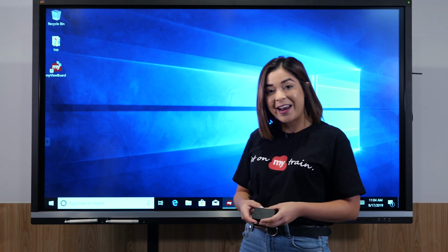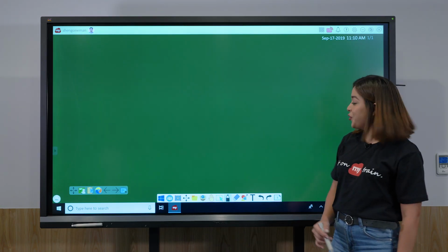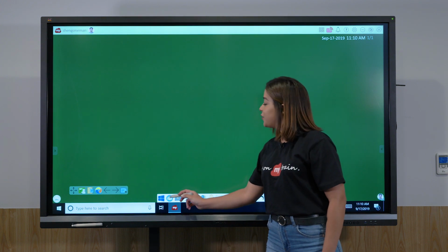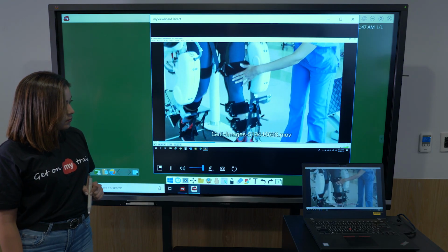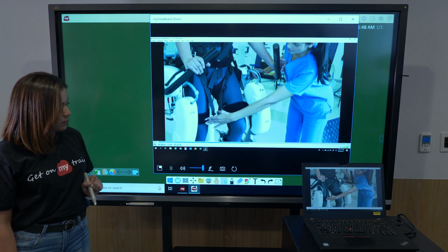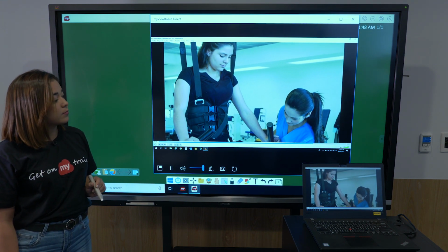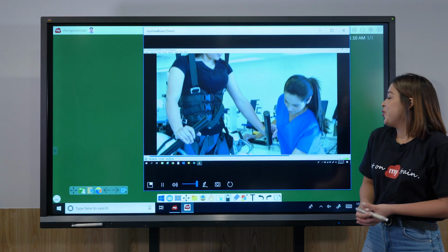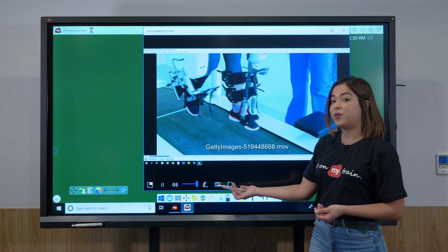So let's go ahead and open MyViewer. On the function bar, we have the cast tool. So click on it, and then we can start casting. As you can see, through automatic detection, the video on my laptop is already displaying on my viewboard environment. You can also see that we have some options here to interact with the video.